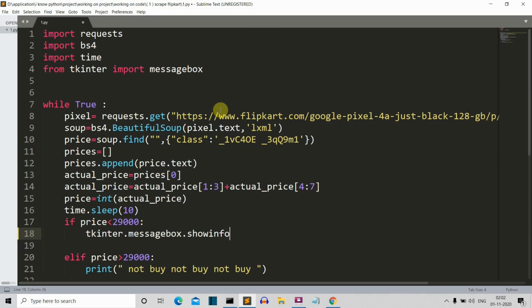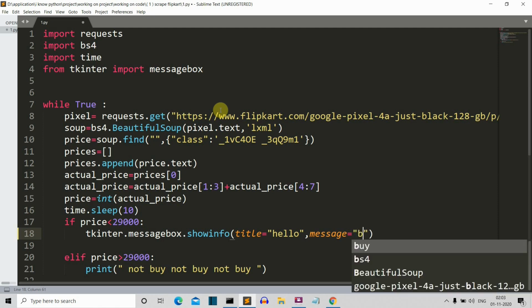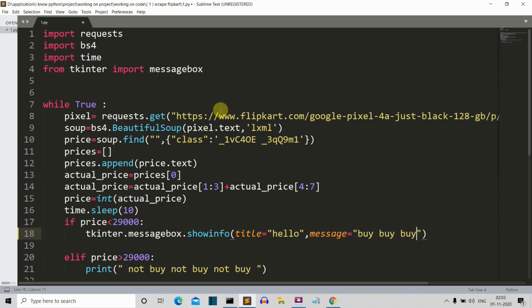You can customize the message, but I'll be creating a simple GUI showinfo pop-up so that we can make a basic project. Okay, so the title of this GUI will be, let's say, hello, and the message that this GUI will show is, let's say, bye bye bye.